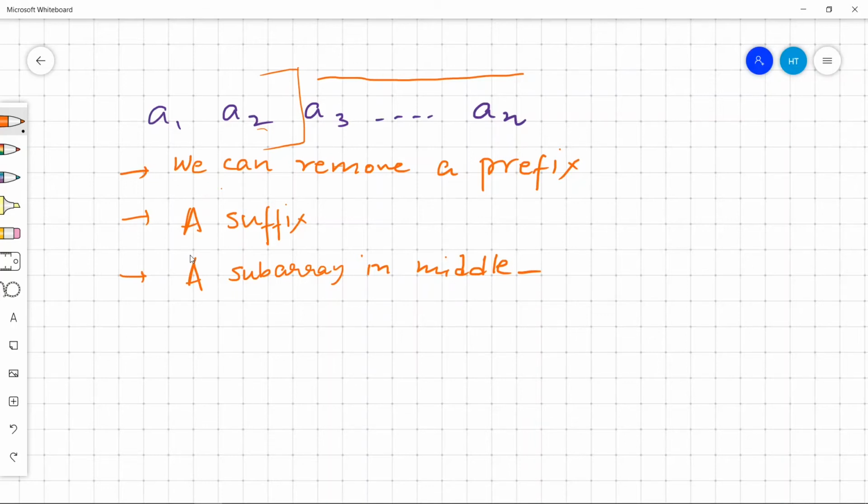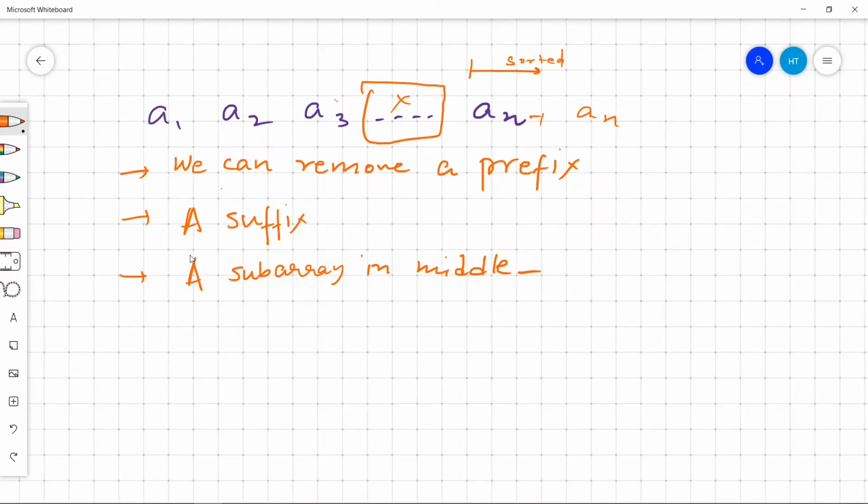The third case is a little more complex. Suppose we have the same array and we have to remove a subarray in the middle, which is not at either end. Suppose we remove this subarray. In order to minimize it, we'll be interested in the first element that is greater than or equal to A3, such that from that element all the elements are sorted.